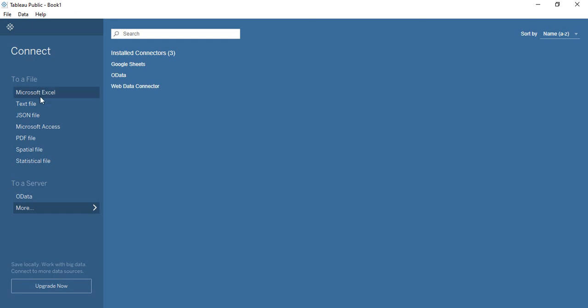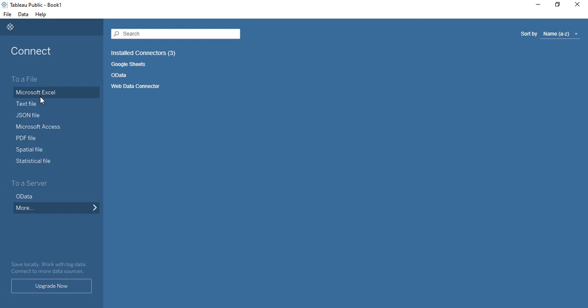So suppose you don't have any of the data files, or you have no idea how to work with data files, then don't worry, because once you download Tableau, anything like Tableau Desktop, Tableau Public, anything, if you install the developer tools, then sample data files are given to you. And the interesting part is that that sample data is so good that you can work with it very easily, very smoothly, and actually it has everything that you need, like all the visualizations you can create using that sample data.